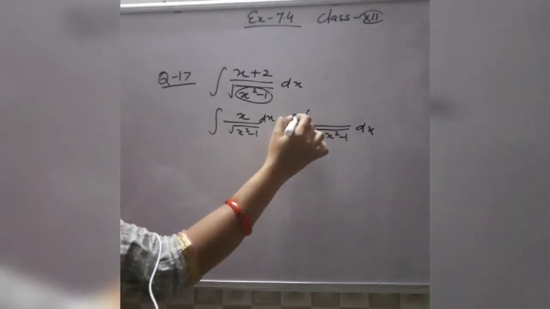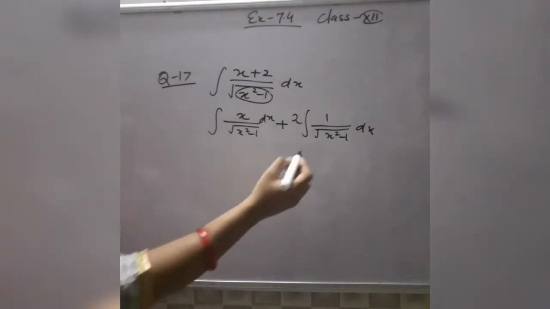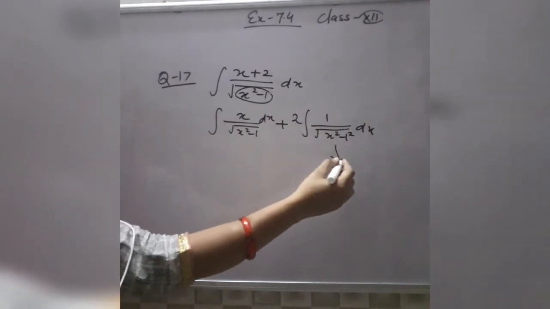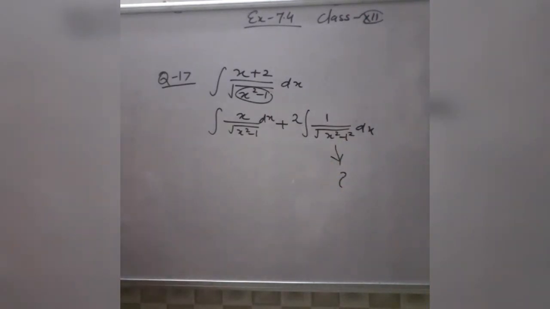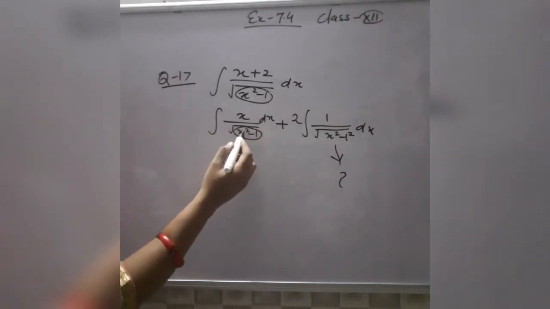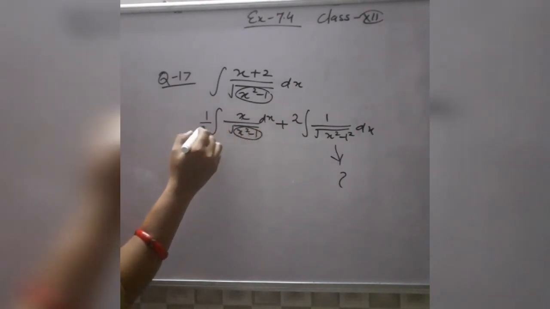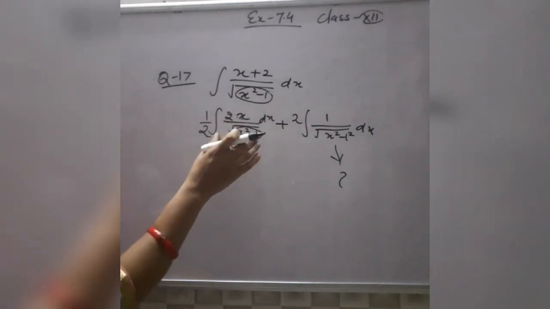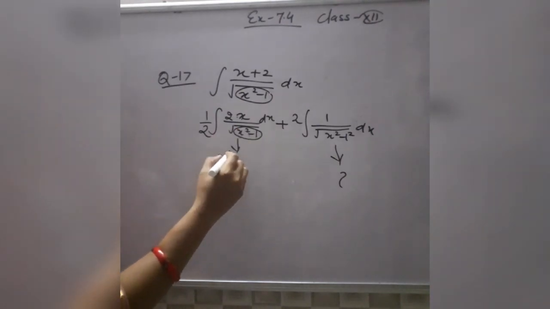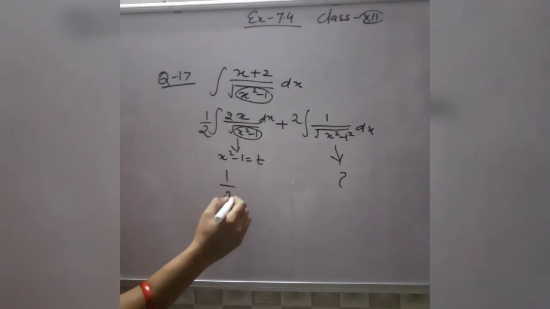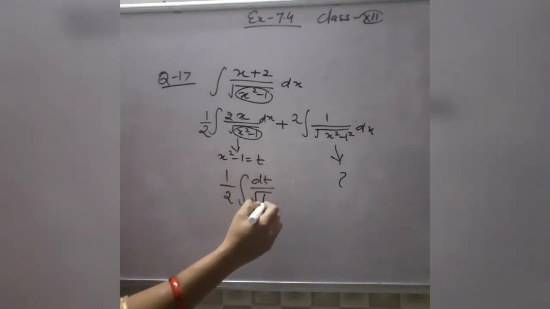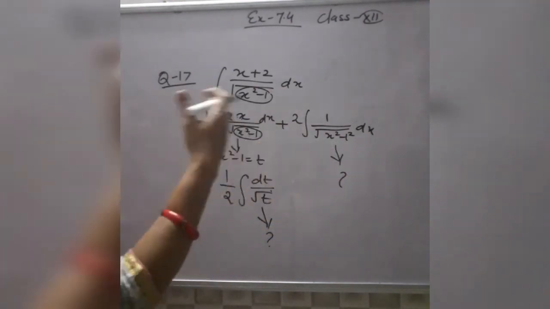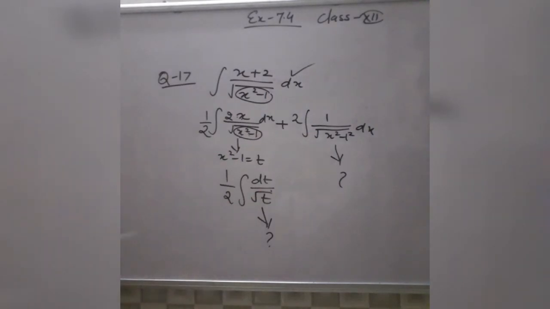This is a constant term, that's why you can take it common. In this form, this 1 can be written as 1 square. Here you will use the formula of 1 by root x square minus a square and find the integration of this term. But in the other case, the derivative of x square minus 1 is 2x. 2 is not written here, so you can multiply and divide it by 2, and it becomes its derivative. Here in this case, instead of using the direct formula, you will put x square minus 1 equals t, then it becomes 1 by 2 into dt by root t, and now you will integrate this, and after integrating both these terms separately you will get the integration of this complete statement.